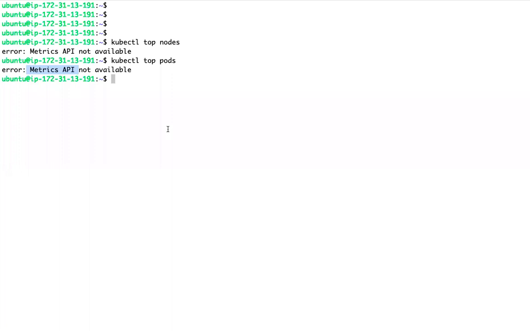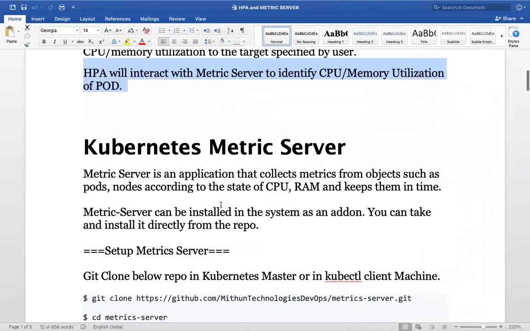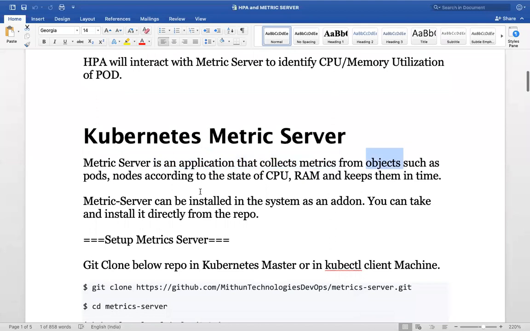Now we can deploy one application called metrics server. This is again one application which will be running in Kubernetes. Metrics server is an application that collects metrics from objects such as pods and nodes. It can be installed in the Kubernetes system as an add-on.